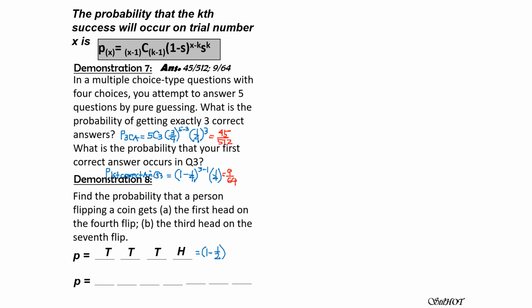Then there are 4 trials, so raised to, and the first head occurs at the fourth trial. This is x, which is 4, then minus 1. That was the formula, raised to 4 minus 1. If you're going to interpret, it's the same as 1/2 times 1/2 times 1/2, 1/2 cube, and 1 minus 1/2 is 1/2, then raised to 3. So that's common sense. That's why you may forget the formula. You just draw the situation, then from there we can analyze it.